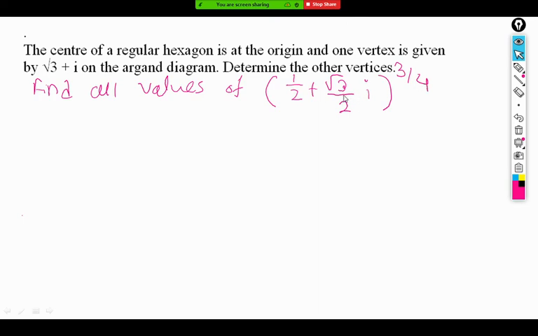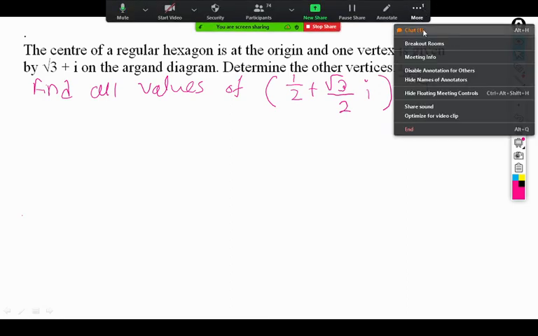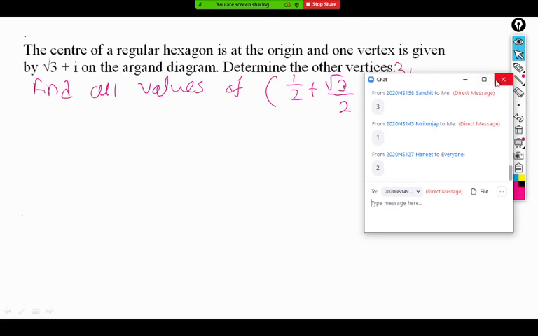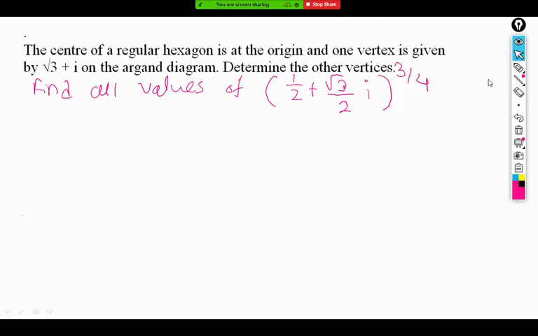Okay, because the root to 1 by 4 is there. That cube doesn't matter. The root to n doesn't matter because it just gives you the power. The power is a unique value. The answer should be 4, not 2 again. Okay, so let me see how to start. We should get all four values of this expression.